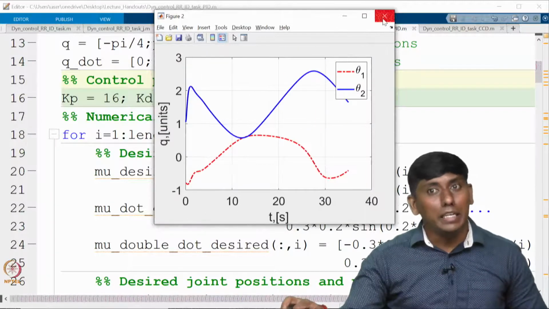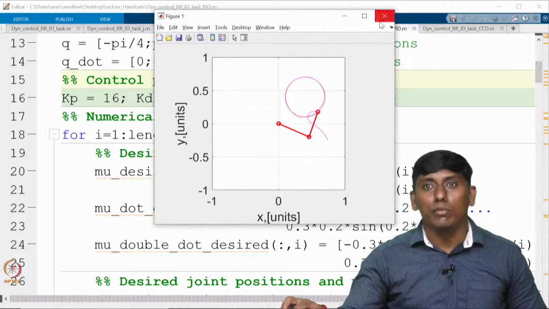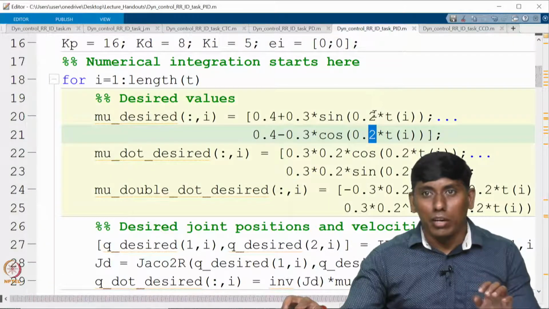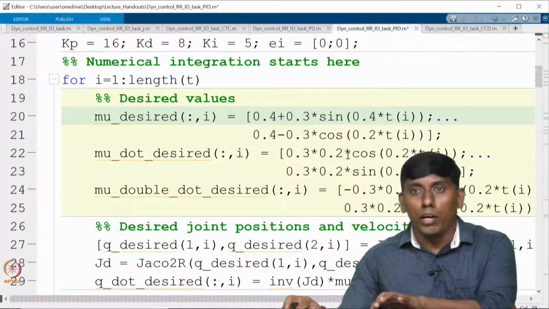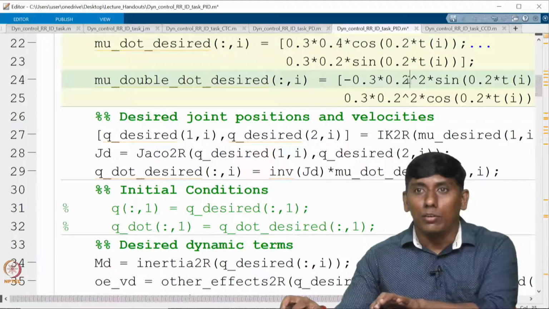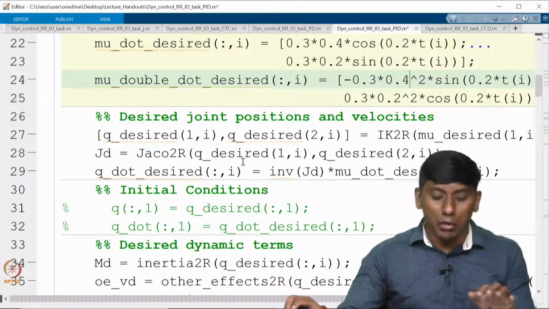Now if I increase the value of the frequency, what will happen? For example, I am increasing the frequency, probably 0.4 times. In the sense it is going to make a figure 8 profile, which is very complex.